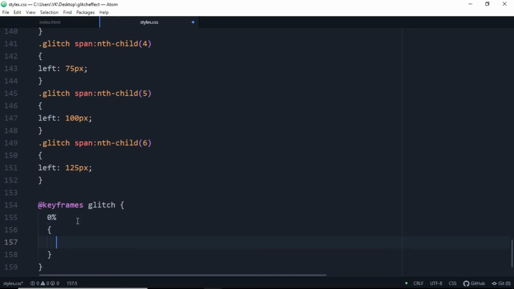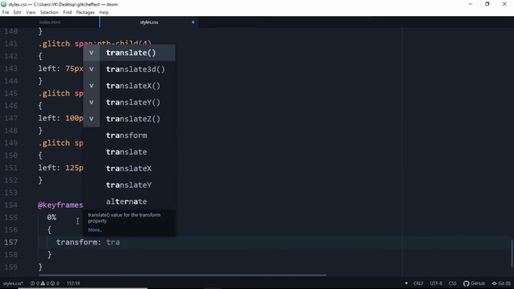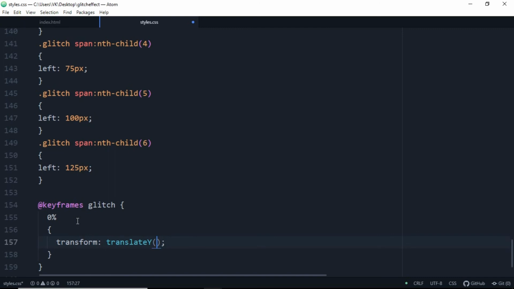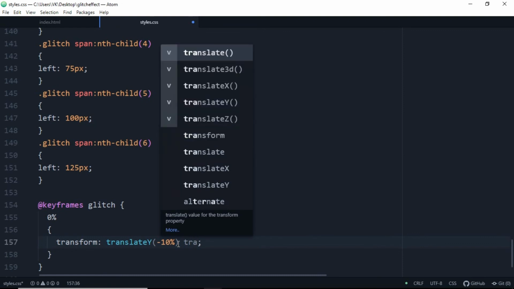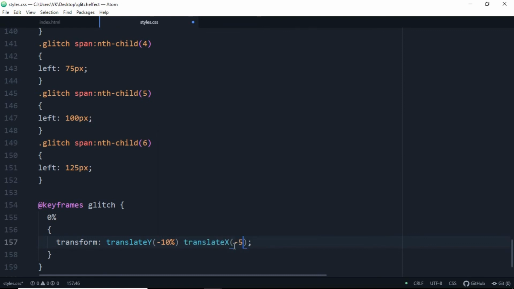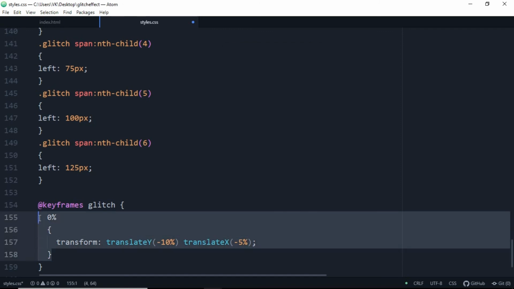At 0%, we are going to transform it, that is translate y, and the value will be minus 10%. Let's add another property here, which is translate x, which is minus 5%. Also, you can use the translate 3D property as I told you in the earlier part of this video.